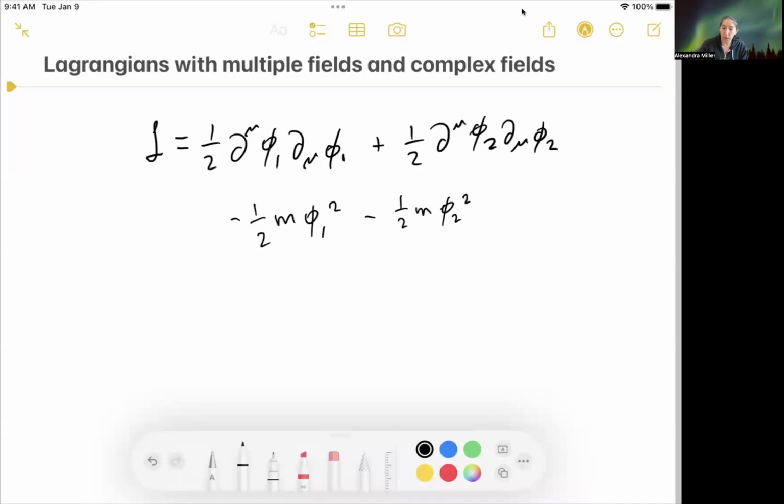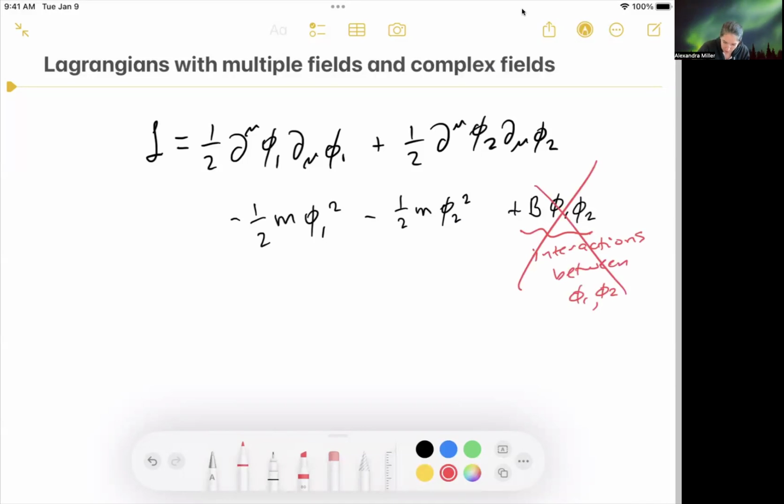We could make things more complicated by adding on terms that have some constant and then have phi1 and phi2 both in that term. And these terms ultimately would be associated with interactions between phi1 and phi2 particles. But that complicates things. So we're going to save that type of thing for a different day. I mean, of course we're going to want our particles to interact with each other. But for the purpose of this video, let's just consider the simplest thing, where we have these two particles,